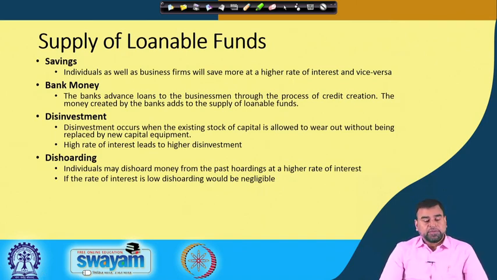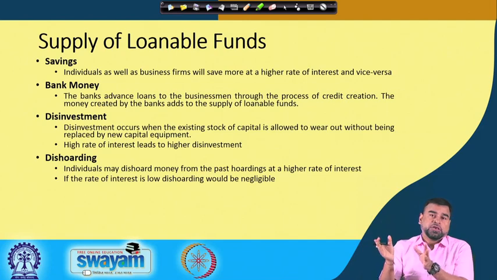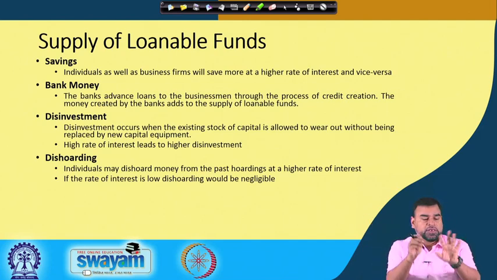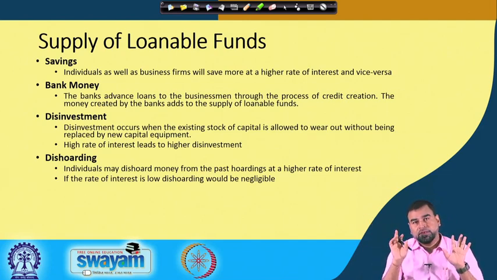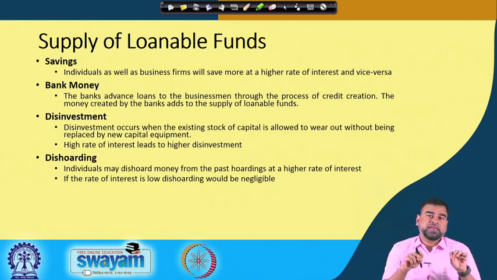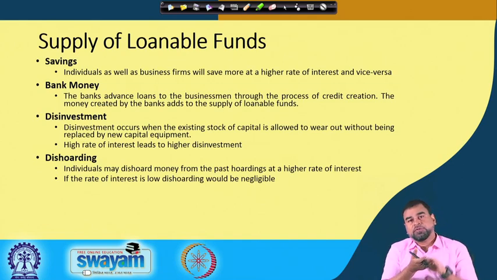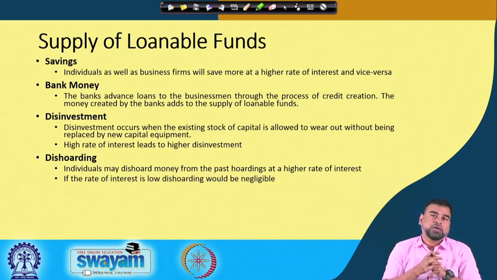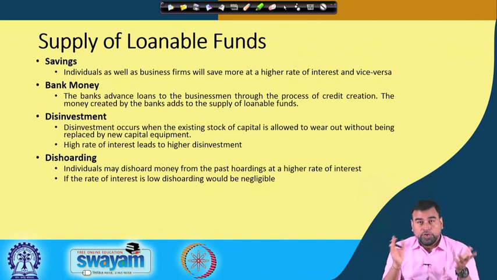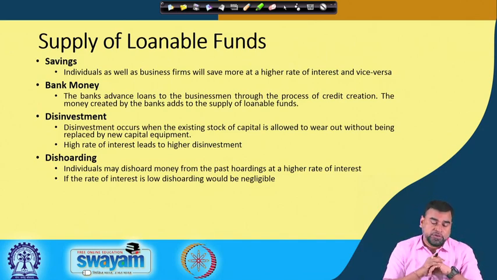Then how does the supply basically come? What are the factors which motivate supply? You see, the producer or the business sector is demanding this, that is fine. Investment, hoarding, dissaving are some of the factors which compel or motivate them to demand money, or to get a loan from the financial system. That means it is loanable. That is why this is called loanable funds.